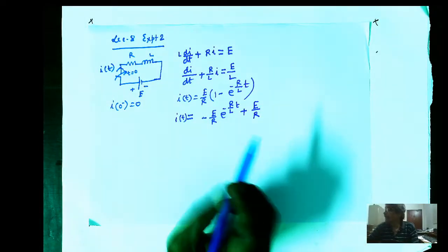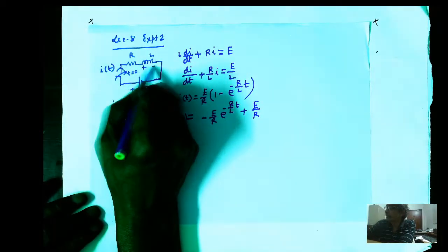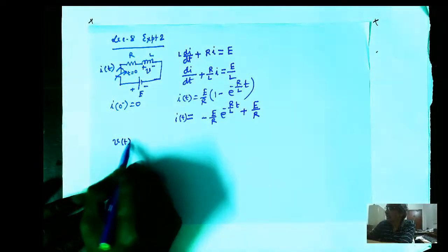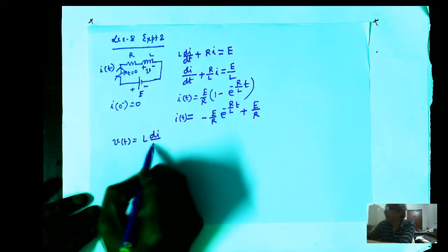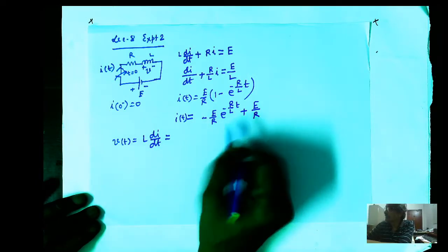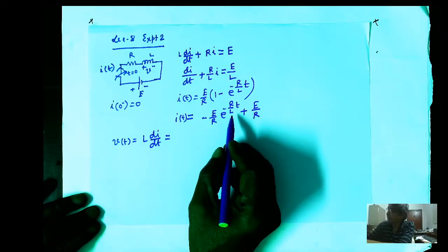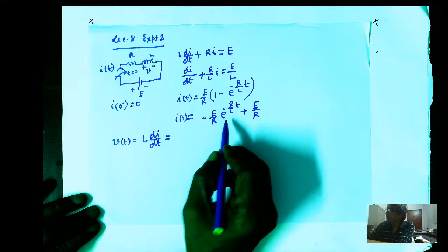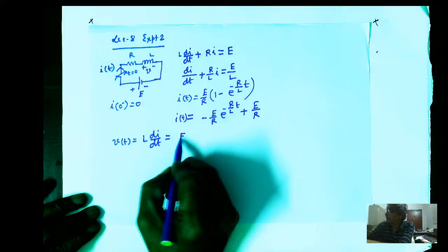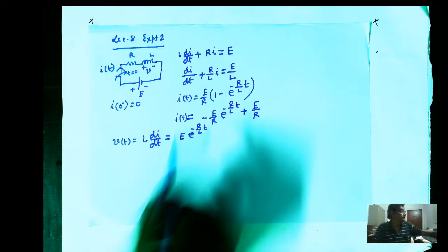If somebody wants to know what is the voltage across the inductance, then also that is known. v(t), we know, is L di/dt. You simply differentiate this once and multiply with L. DC term differentiation will be 0. So the voltage across the inductance, if you differentiate, will become E into e to the power minus R by L into t. And if you sketch these waveforms,